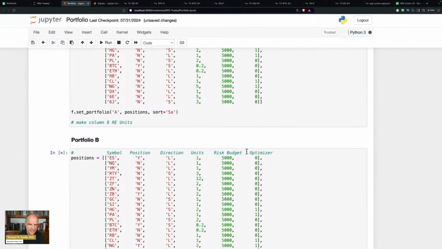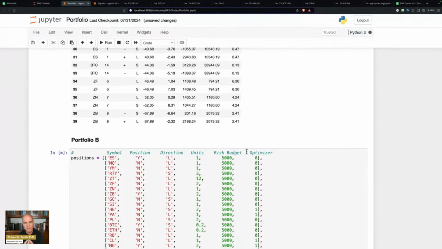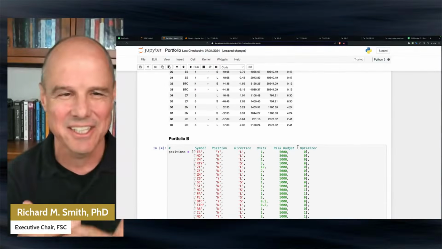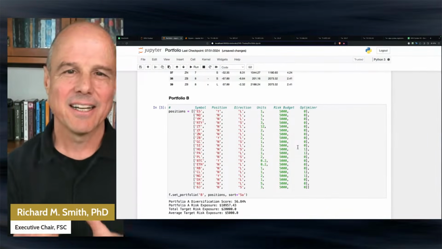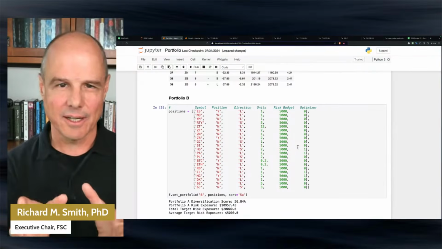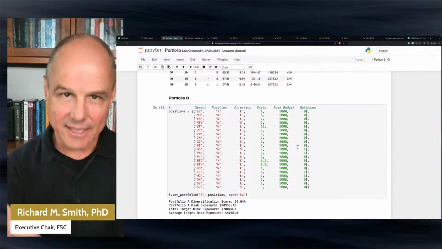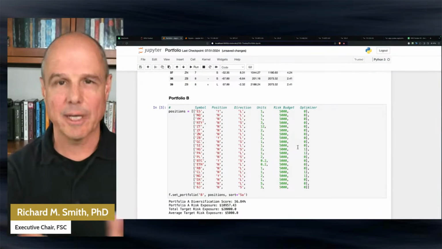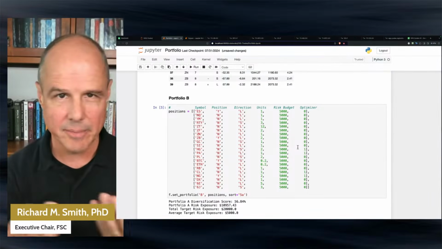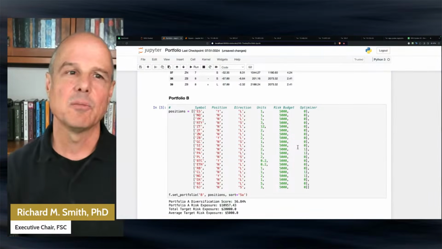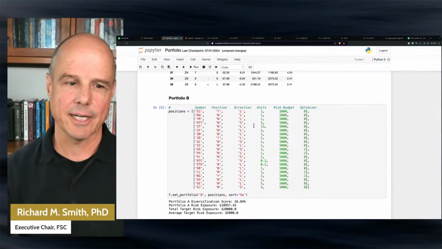I hope this is making sense to everybody. Let me know if you've got questions. I think it's really important to be aware of exposure and volatility and diversification during times like this. Again, I'm working on making this accessible to you through my RiskSmith tools. Right now, I'm showing you how I do it in my Skunkworks Python notebooks, okay?